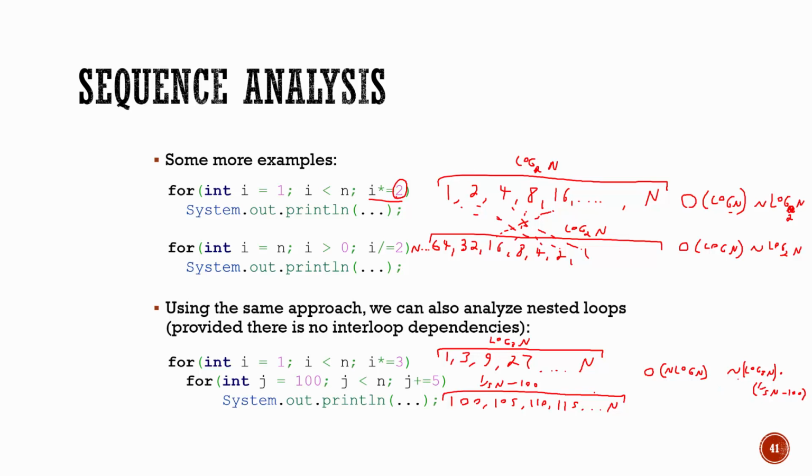The last note I have here before I go is that this technique only works if your loops have no interdependencies. For example, j doesn't depend on i, and i doesn't depend on j. Because they're not interdependent, I can analyze them separately and then multiply them. If there is a dependency, you have to do something a little bit more tricky, maybe something like the sigma form approach, which we'll be talking about a little bit later.